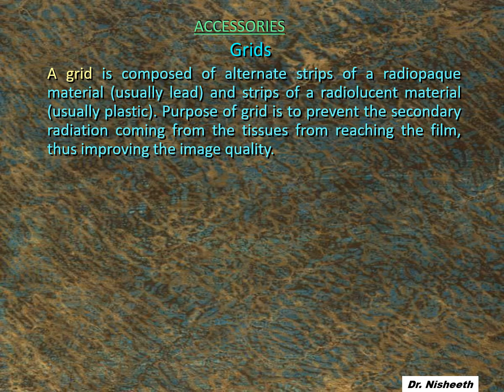Suppose this is a person's head, and this is an X-ray film. The X-ray is casting a good shadow. Suppose there is a bone here, so this gets stopped and this gets passed, and the shadow will be cast over here and we'll see an image. Now what if this body starts forming X-rays? This area was supposed to be shadowless, with no exposure of X-rays, but the secondary X-rays generated from this head exposed it and one image was formed over here. This will hamper the quality of our image.